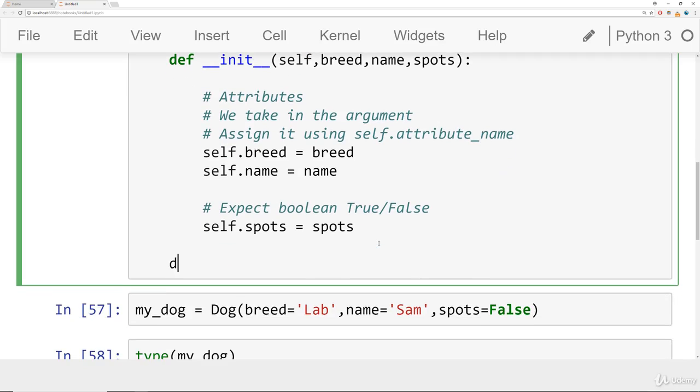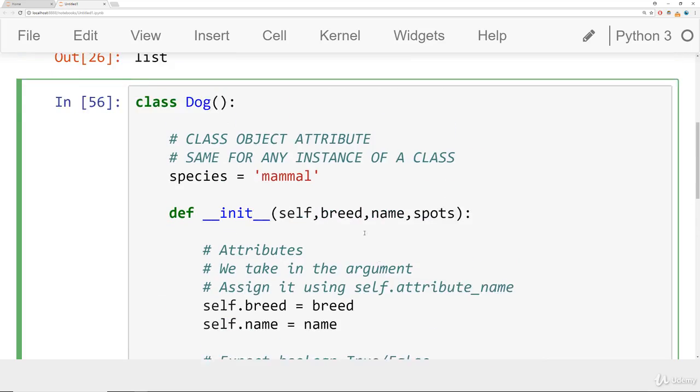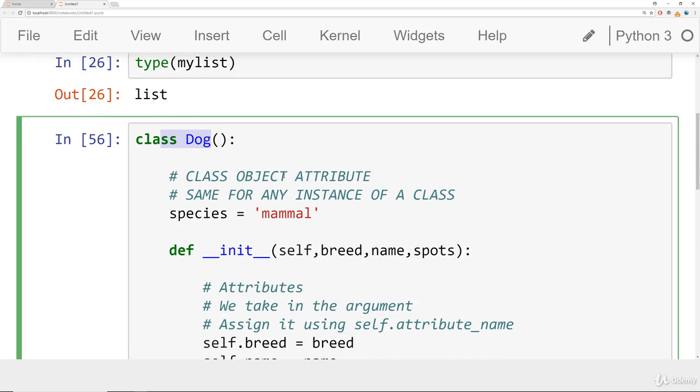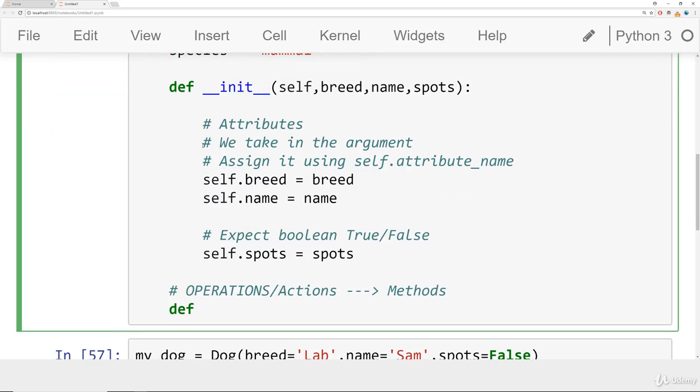So what we'll do here is create our first method. Again, methods, unlike attributes, are more like actions. These are operations or actions, and we can think of these formally as methods. They basically look like functions inside of a class. A lot of times beginners ask me, hey, what's the difference between a function and a method? Basically, a method is a function that is inside of a class that will actually work with the object in